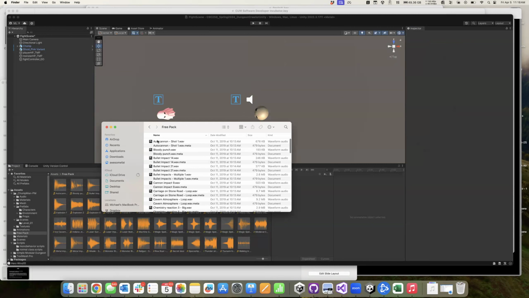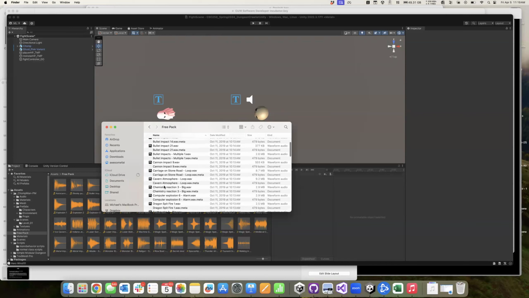Yeah, so now I have a list of these guys a little bit. I think there's a way to do this inside of Unity to get a list, but let me just see if there's anything that